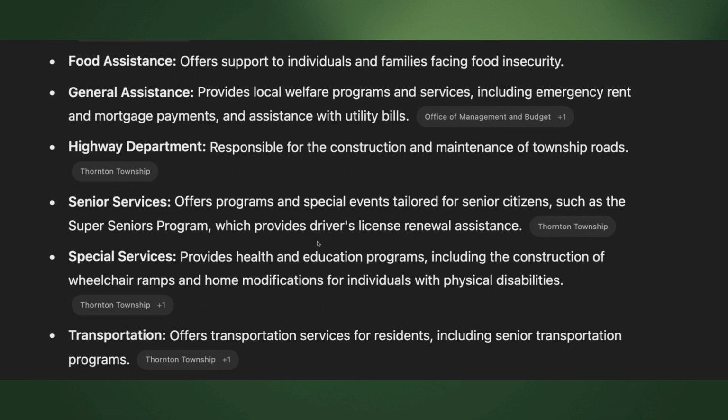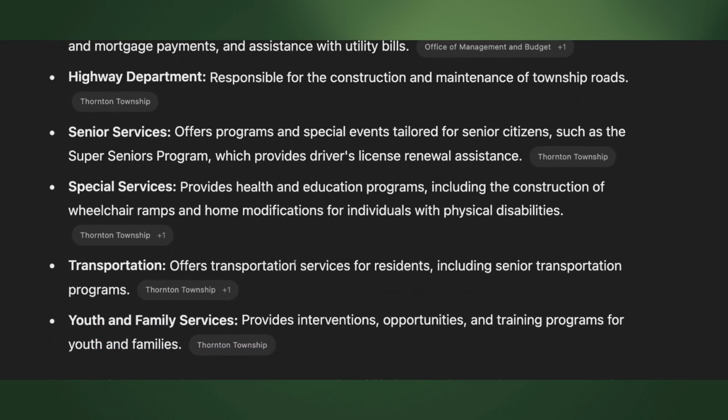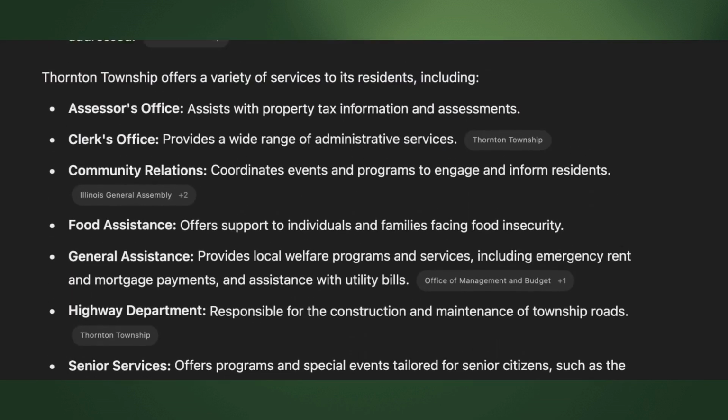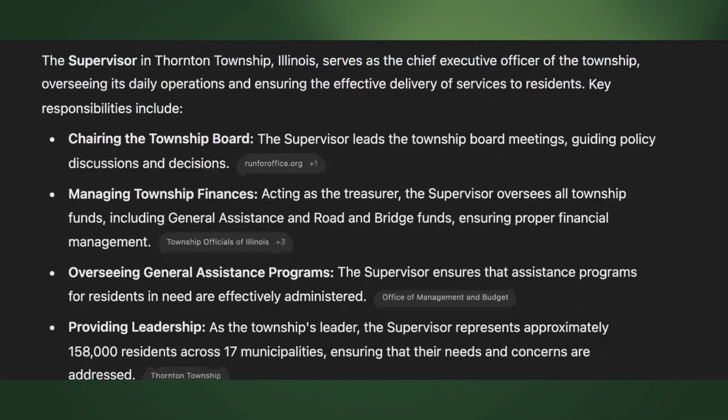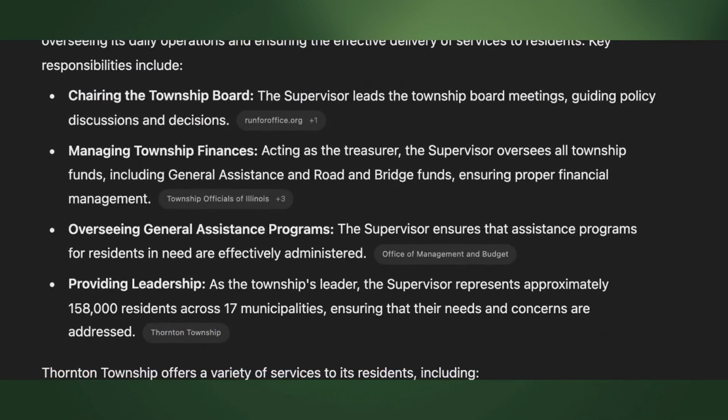Well, his driver's license. I thought I saw one. Yeah, there it is right there. Transportation officer, transportation services for residents, including senior transportation programs. Maybe that would fall in, but I feel like some of the questions that they were asking during this were a little bit out of range. So I just don't think that they...